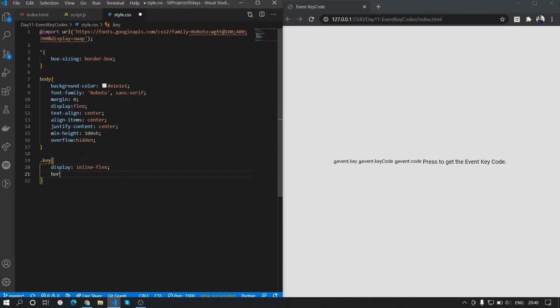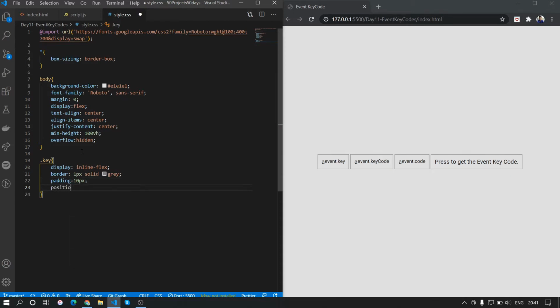We want it to have a border of 1 pixel, solid, and having gray color, and we'll add a padding of 10 pixel.